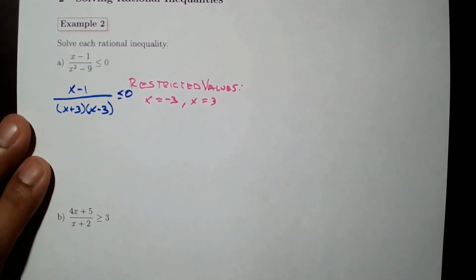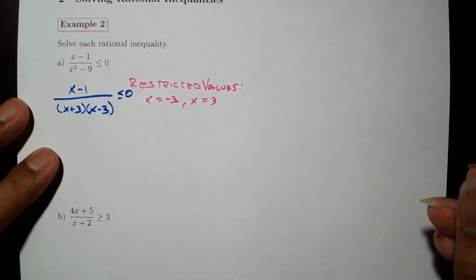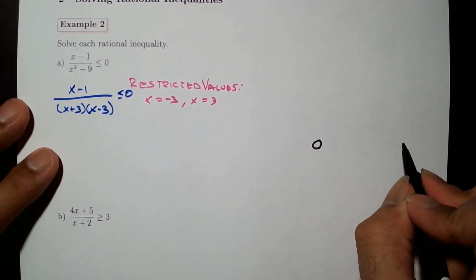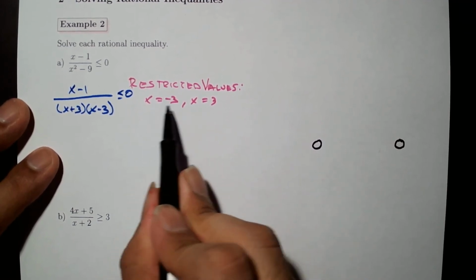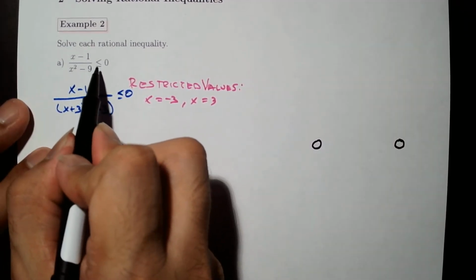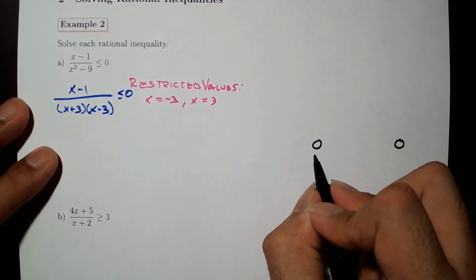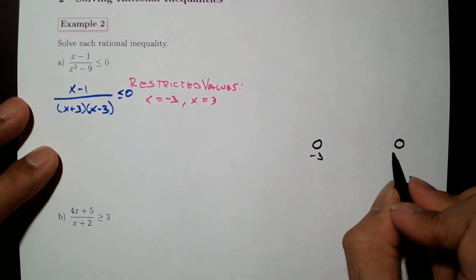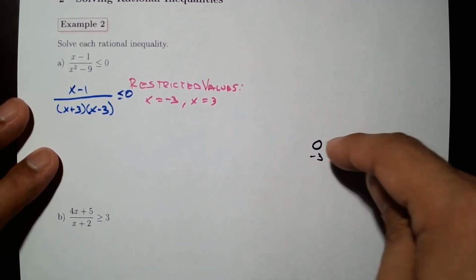So now those two are going to be placed over here in the number line strictly as open circles. And that's because those values cannot be taken. Even if you see the less than or equal, these are still open circles